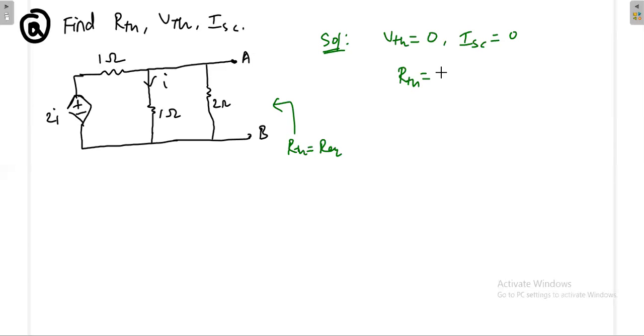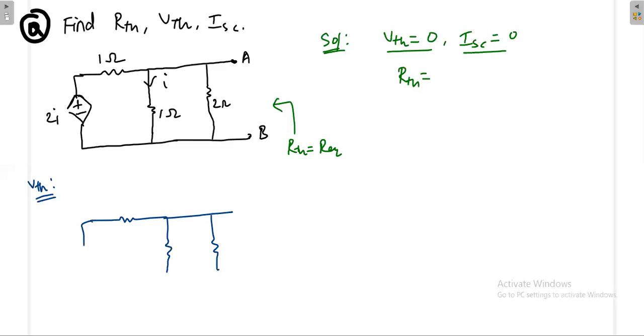Now, again to measure R Thevenin, you can apply the test voltage or test current. Before that, we'll find out what is V Thevenin and ISC. By procedure, we'll do, then finally we'll get V Thevenin or ISC is equal to 0. First, we'll try to measure what is V Thevenin. V Thevenin means the circuit has to be open only. So you can take the same circuit, then measure what is the voltage across this open terminal AB.